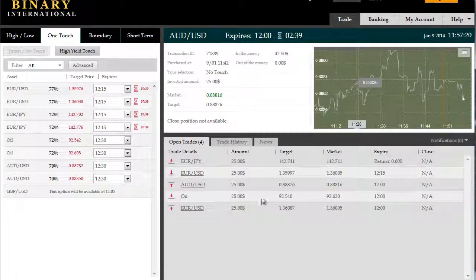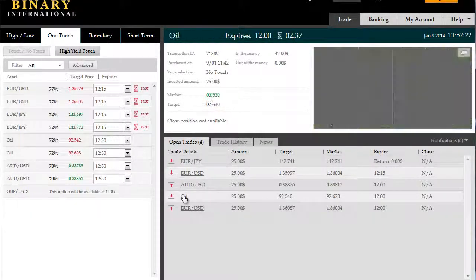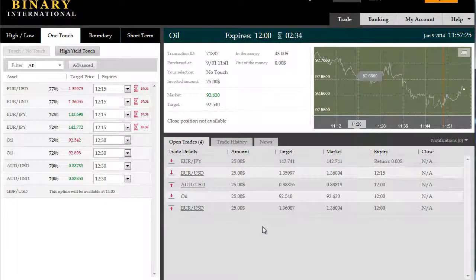Oil was taken as a negative correlation trade to the AUD US dollar. Again, a no touch to the lower target of 92.54 was taken. ITM Saturn is not built for oil, but you can take negative correlation no touch trades against the AUD USD, for example. So in this case, we said the lower target of 92.54 will not be touched,